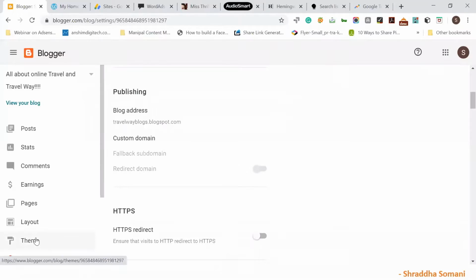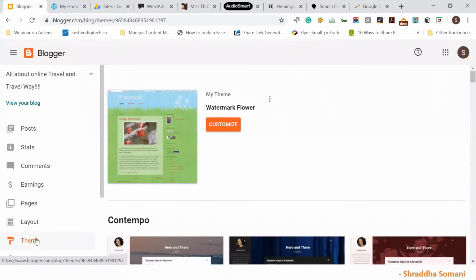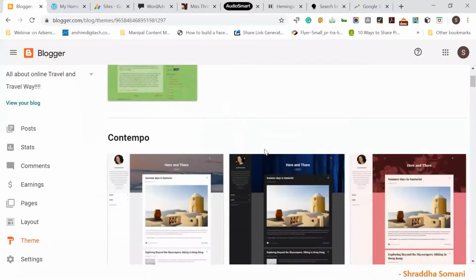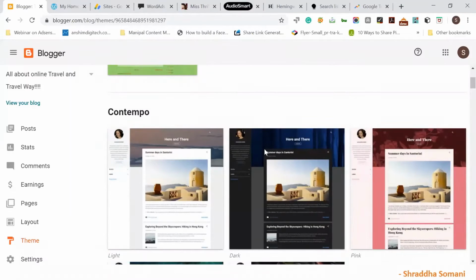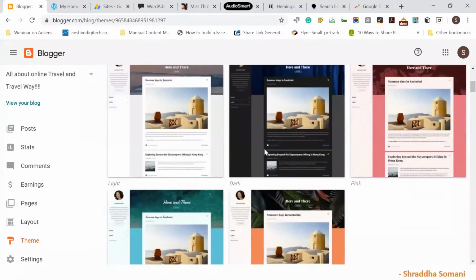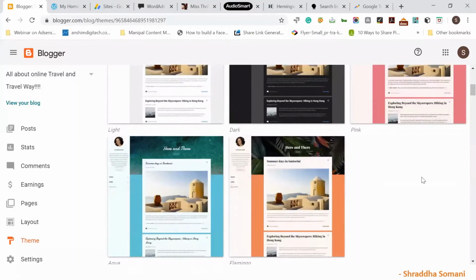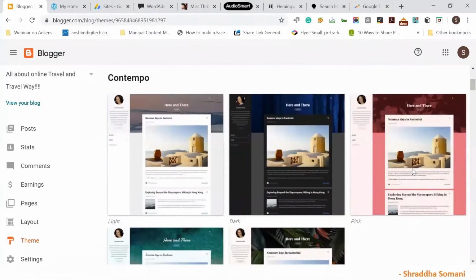After that, the most important thing is you have to select the theme. How will you select the theme? Based on the topic that you're writing for your blog. As I am writing for travel, I have selected the theme that is relevant to travel. If you're writing about finance, for example the share market, then you might probably go with a dark theme. If it's a feminine kind of site, a woman-oriented site, you can go with this pink theme. So the theme is also of utmost importance whenever you are writing your blog.